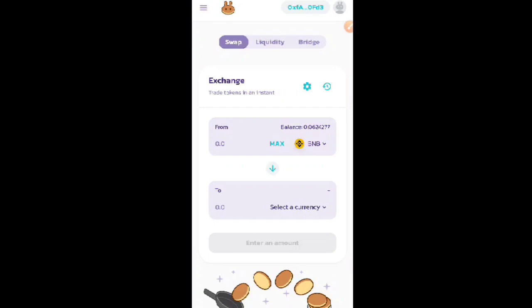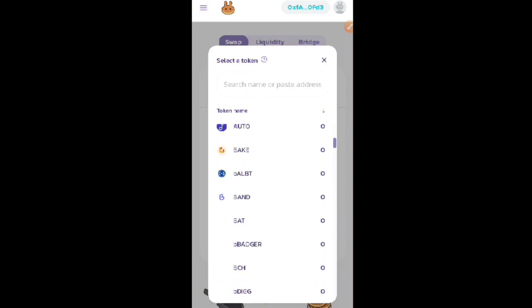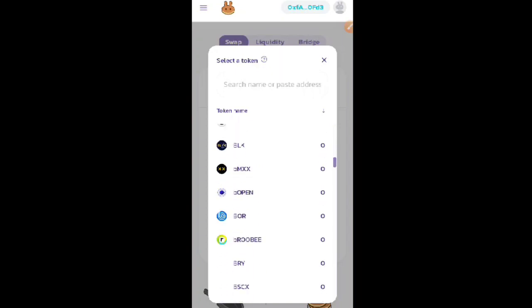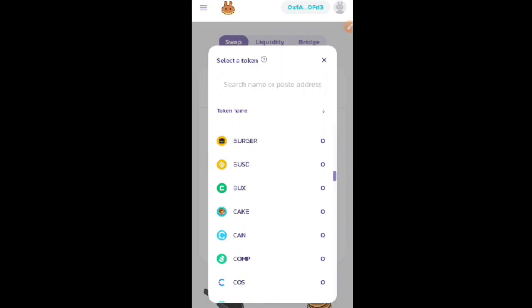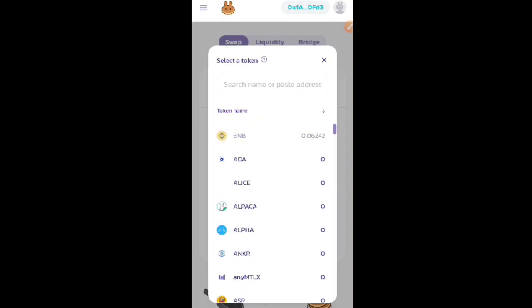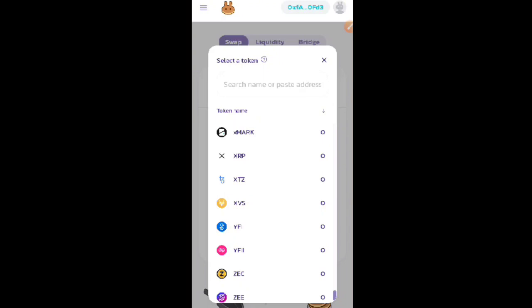So let's just say you want to buy a token, and then you come to select currency. This is a list of coins that are listed on the Binance Smart Chain. It's very much possible that the coin you're looking for might not be here. So you might try to check